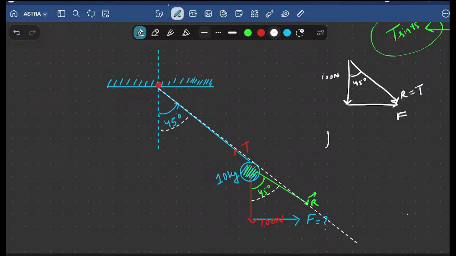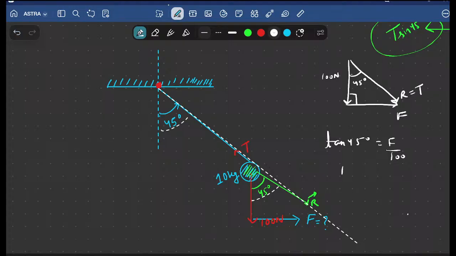So directly we can write tan 45. This is a right angle triangle, right? So tan 45 is perpendicular by base. So it is F by 100. Even if you don't have very trivial knowledge of vectors now, even then you can do this question. And in the further classes, I promise you, you will be able to do questions orally. That's my promise to you. And the tricks which are going to come in future are much more relevant, easy, and will make complicated questions very easy.